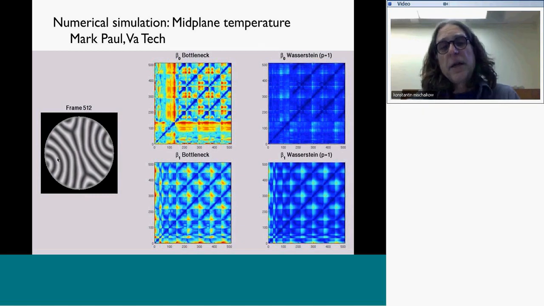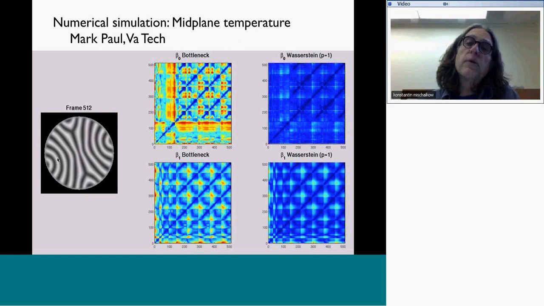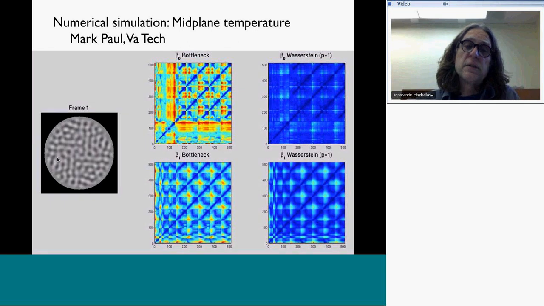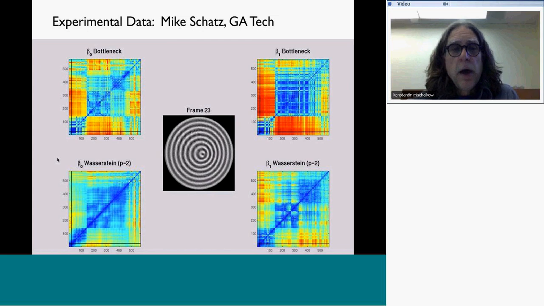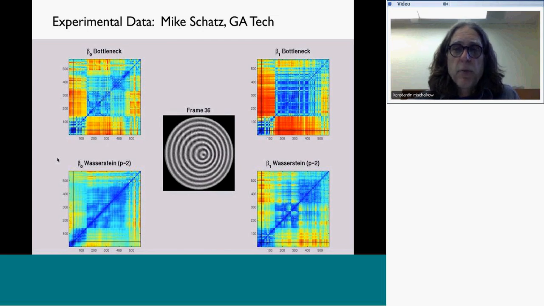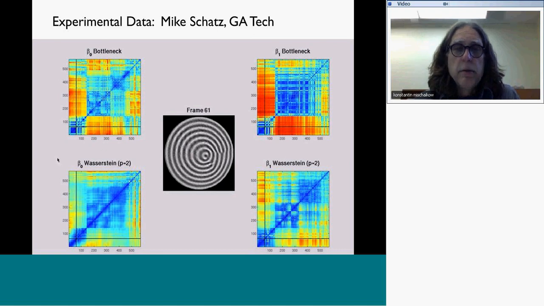So persistence diagrams, I can get an idea that maybe I'm looking at something that, after maybe 150 time frames, settles down into something that seems like somewhat periodic motion, but with regard to time, it has a very non-uniform periodicity. So fast flow dynamics. Once again, here's now experimental data